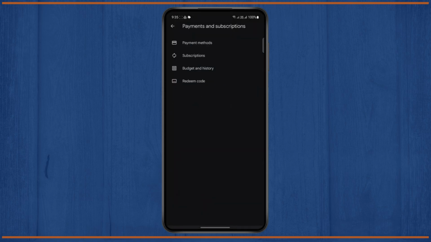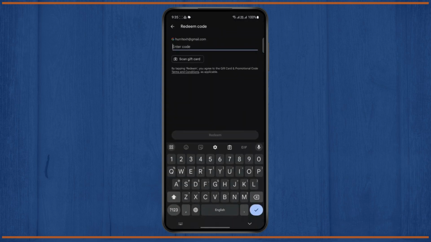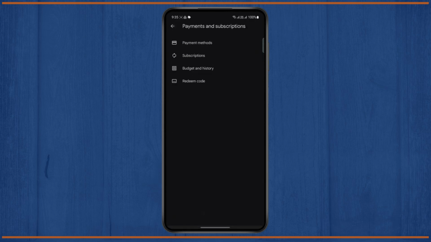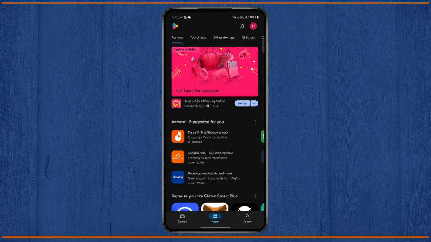And right here, you also have different options like payment method, subscription, budget and history, and redeem code. So if you have any available redeem code, you can just tap on redeem code. You can enter your code and it should be on your account. So there is no active way to convert your Google Play balance into redeem code. You can even scan your gift card. If you tap right here, you can scan your gift card, and if that is not available to you, then